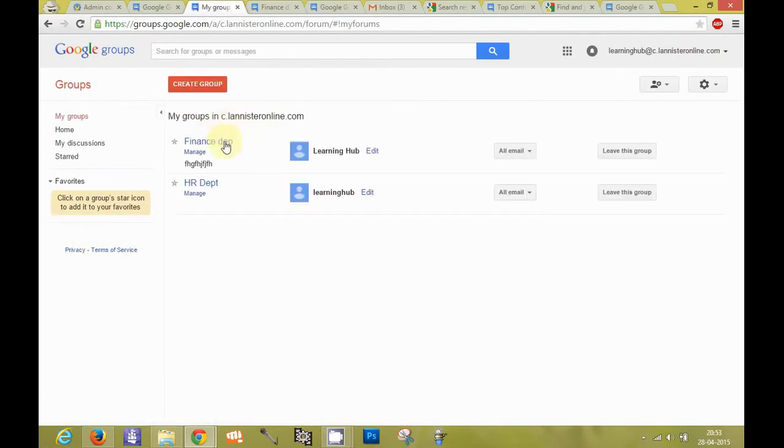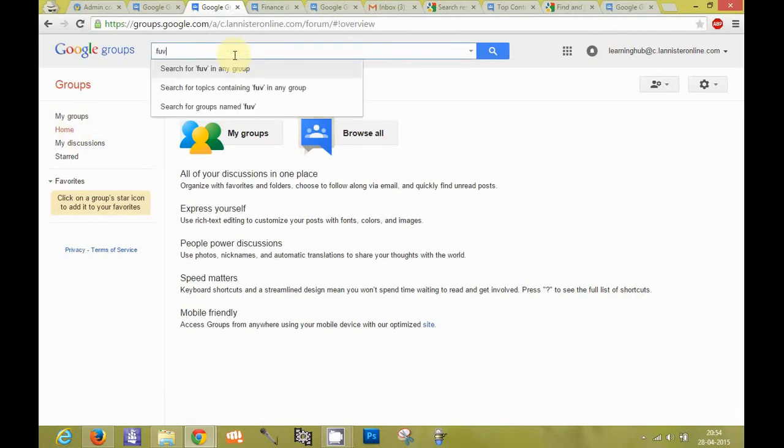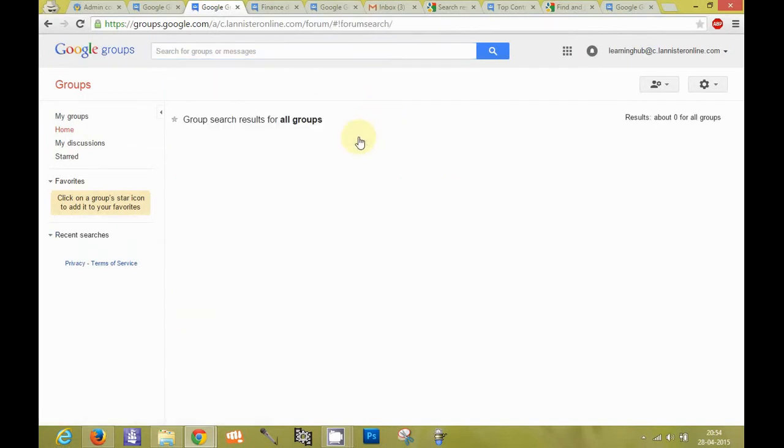These are my groups, as in this particular user is a member in these groups. Suppose you want to search other groups, you can search the groups here. Or you can browse all and get the groups which are in this domain. There are no other groups in this domain.